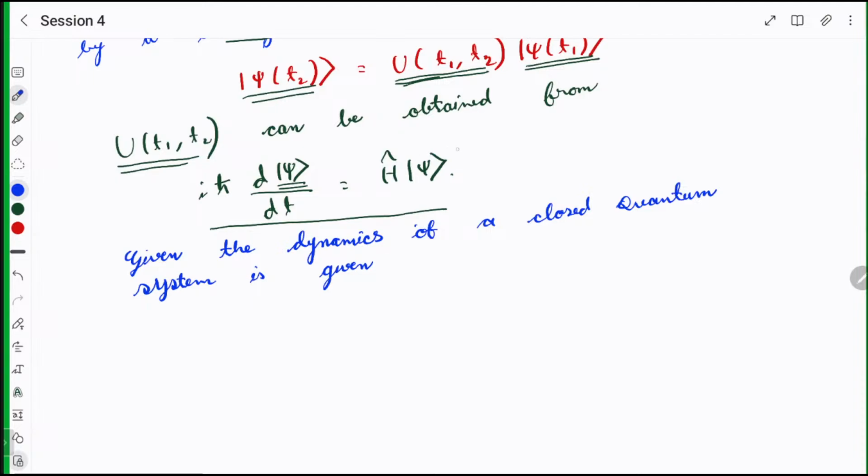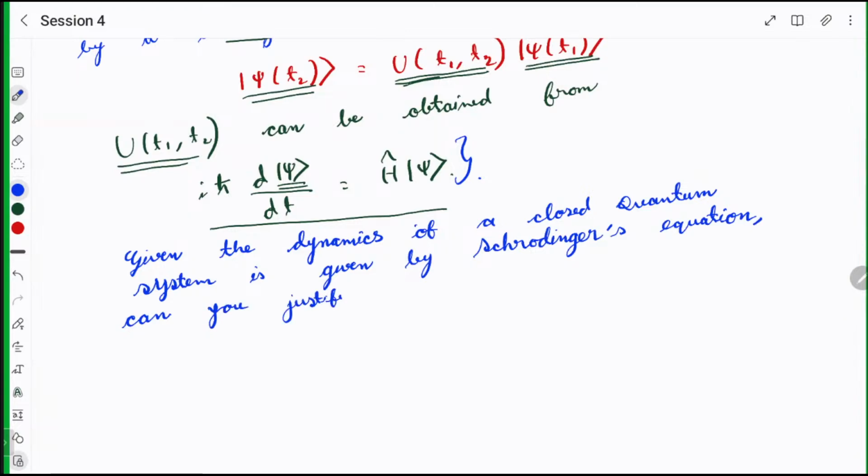So Schrodinger's equation is this equation. To justify, given this information, so Schrodinger's equation is this equation, taking a complex